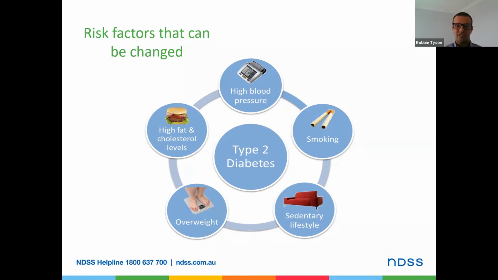And high fat and high cholesterol levels, similar to overweight, and then that extra fat in the blood, that does require insulin to get out of the blood and into the cells of the body for it to be either used as energy or stored. And if there's too much in the blood, then the insulin that's on board tends to be interrupted or affected, should I say, and it doesn't work quite as well. So the extra fat in the blood just interferes with how well that insulin works.